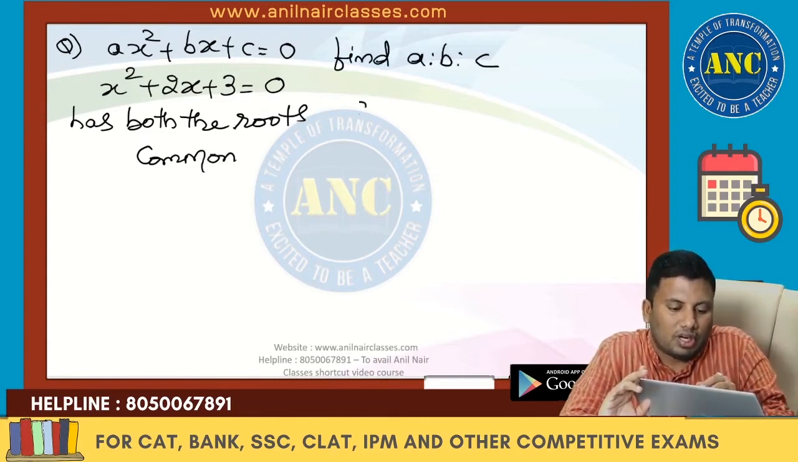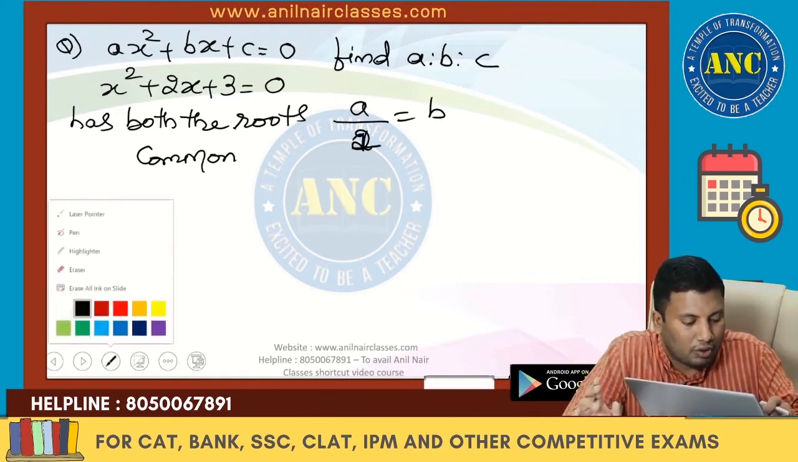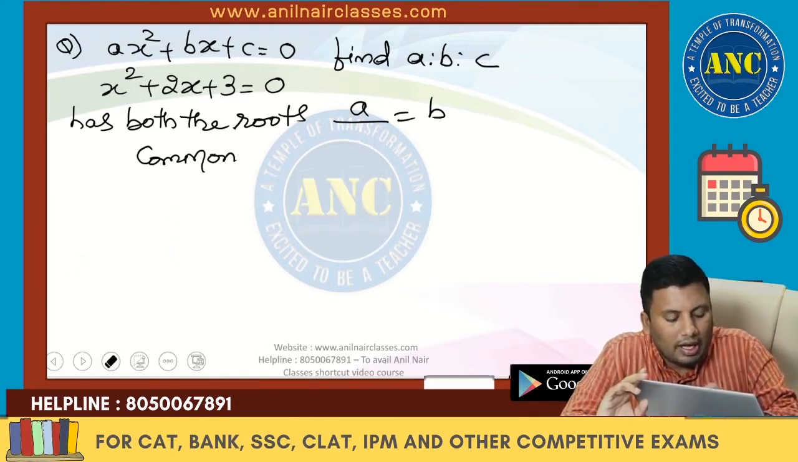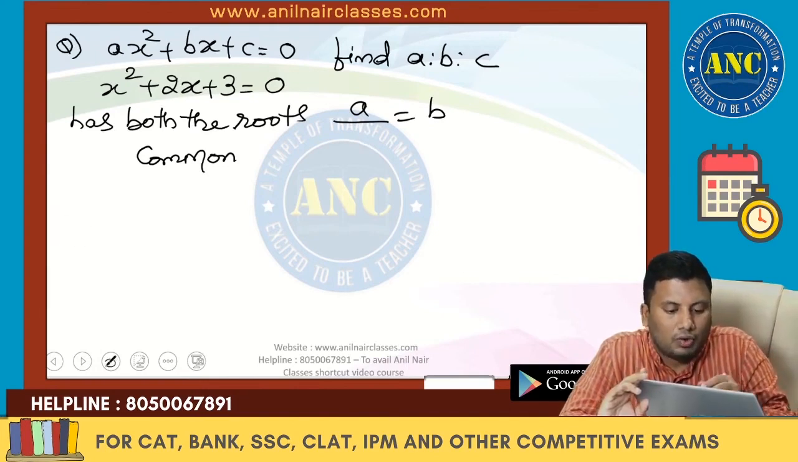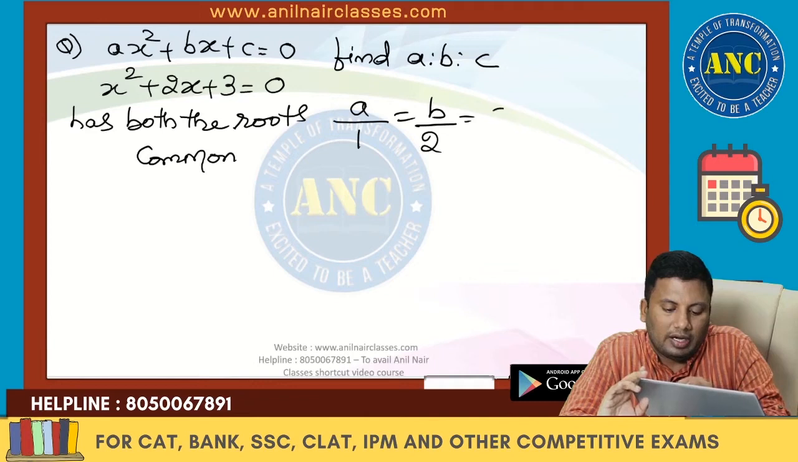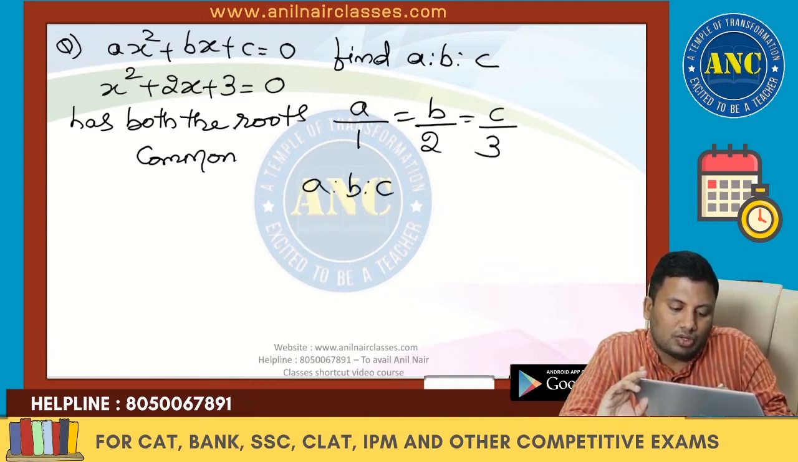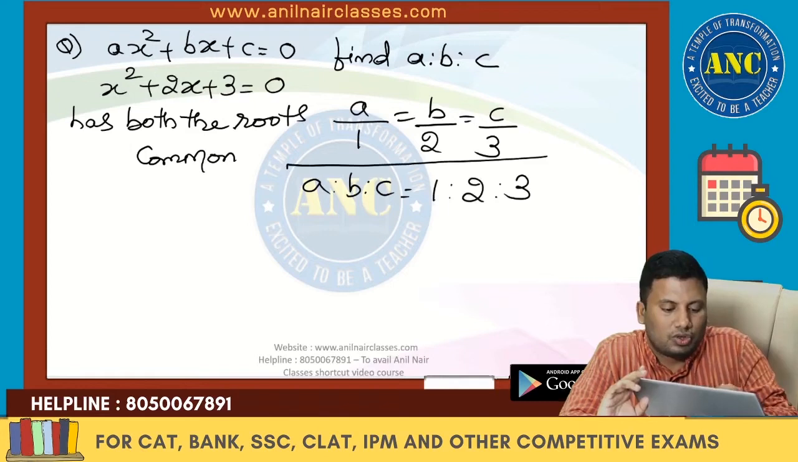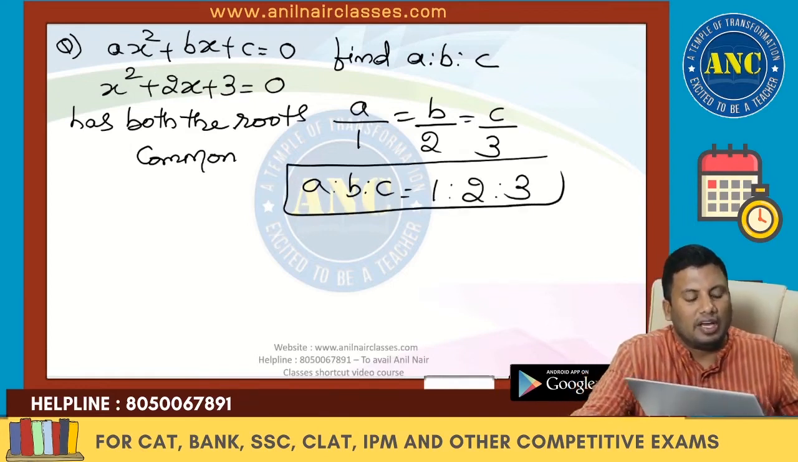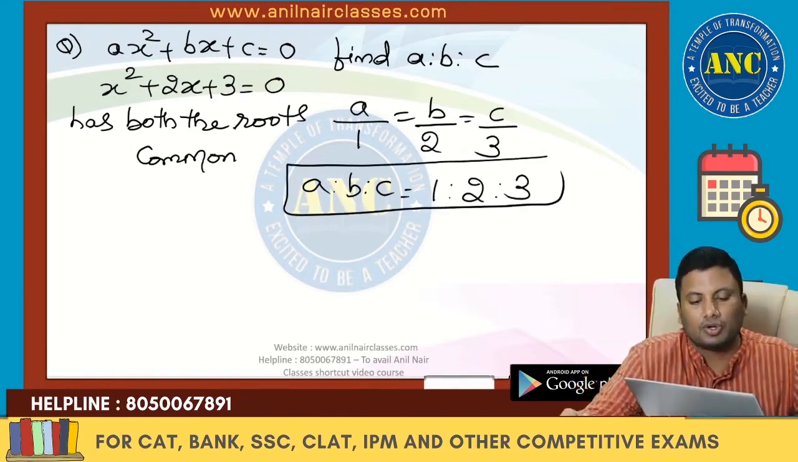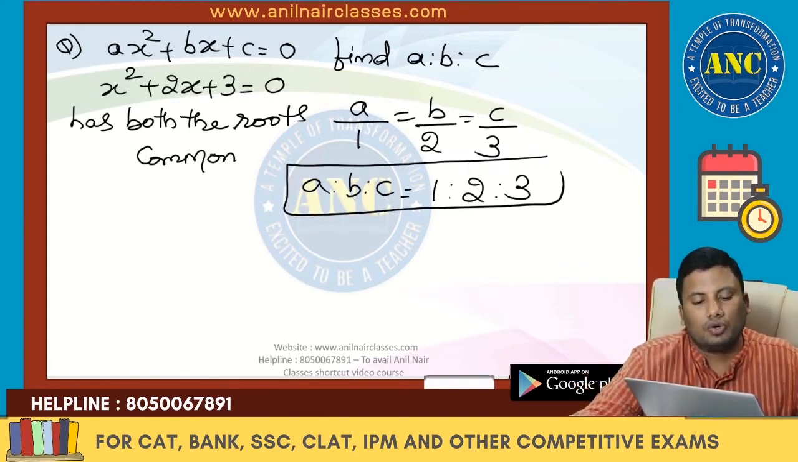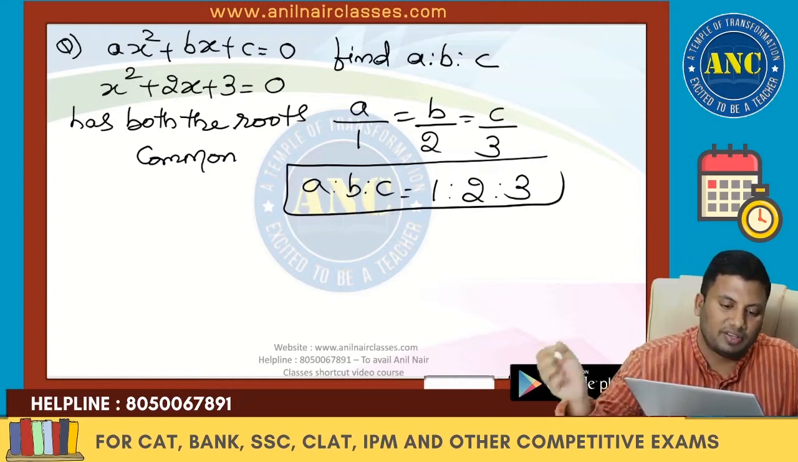So if both the roots are common, what will be the condition? a by 1 equivalent to b by 2 equivalent to c by 3. So it is nothing but a is to b is to c is 1 is to 2 is to 3. The coefficients of x square, x and constant should be in the ratio 1 is to 2 is to 3. Why? Because